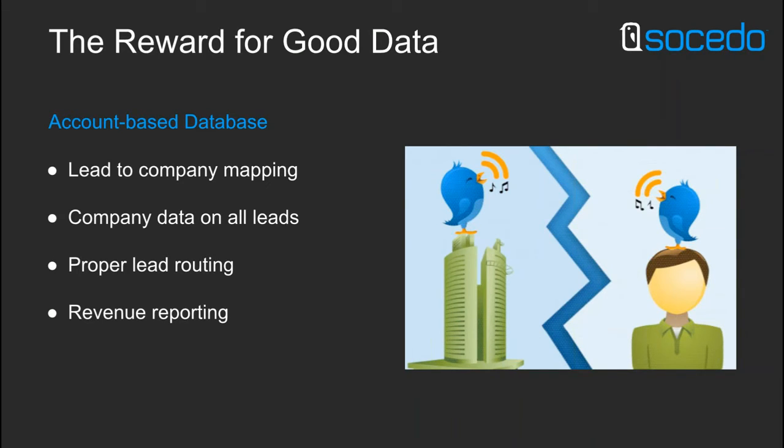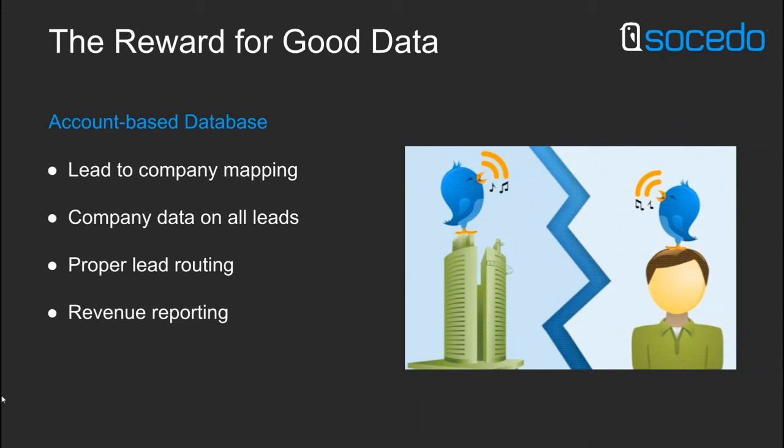So of course, from my database, I need to know if a lead is matched with a company that's currently in my database. I need to pull all that company data onto my leads. And I need to send that lead to the account owner that's already working that account rather than a net new lead that's going to get picked up by SDRs and then eventually go over to AEs. If I can turn all of this on, eventually my whole lead routing process becomes a lot more effective. I'm not sending waste-of-time leads over to my SDRs, who then call down on companies that are already being worked. I can send the right contact info straight to account executives and actually make their jobs more productive, because now they have more names in their system.